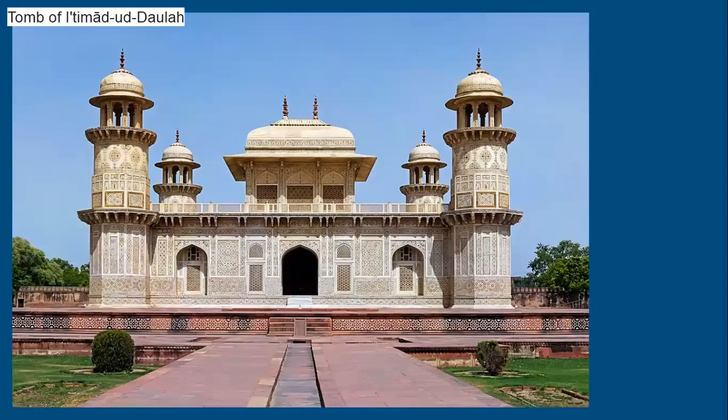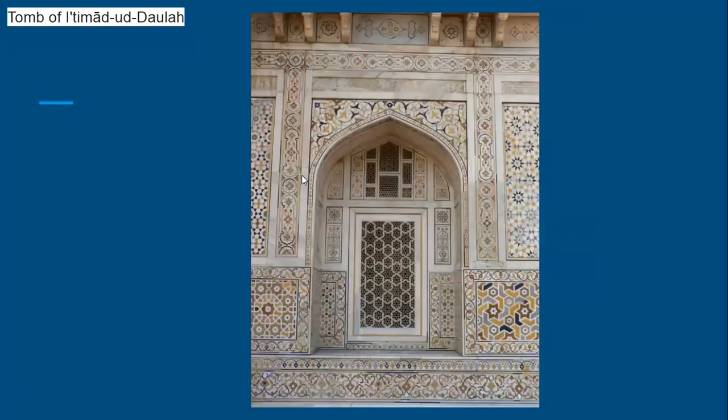This is the tomb of Itimad-ud-Daula. He was the father-in-law of Jahangir. So this is the tomb of Itimad-ud-Daula. This tomb is in pure white marble. So the first structure in pure white marble is this one. Second thing, Pietra Dura. The designs you see on the white marble, Pietra Dura is where we are using precious and semi-precious stones on the marble work, and that is called Pietra Dura. That is used for the first time over here. And the minarets here are said to be octagonal in shape, so that is being used.